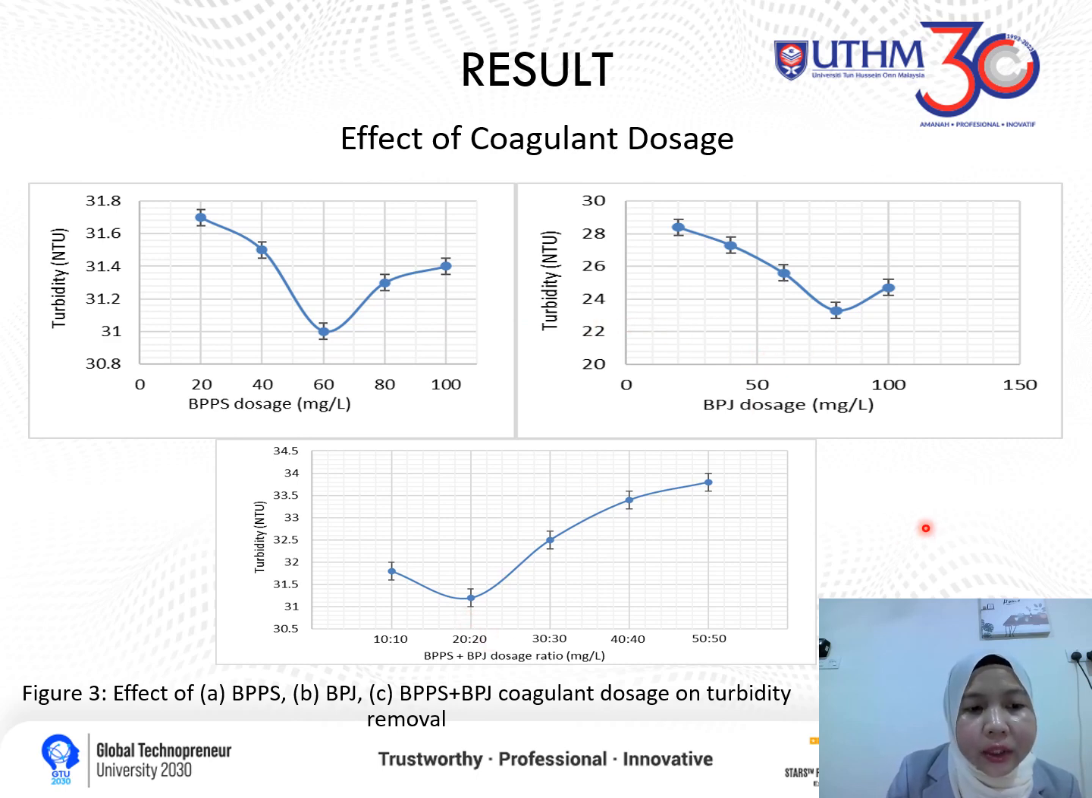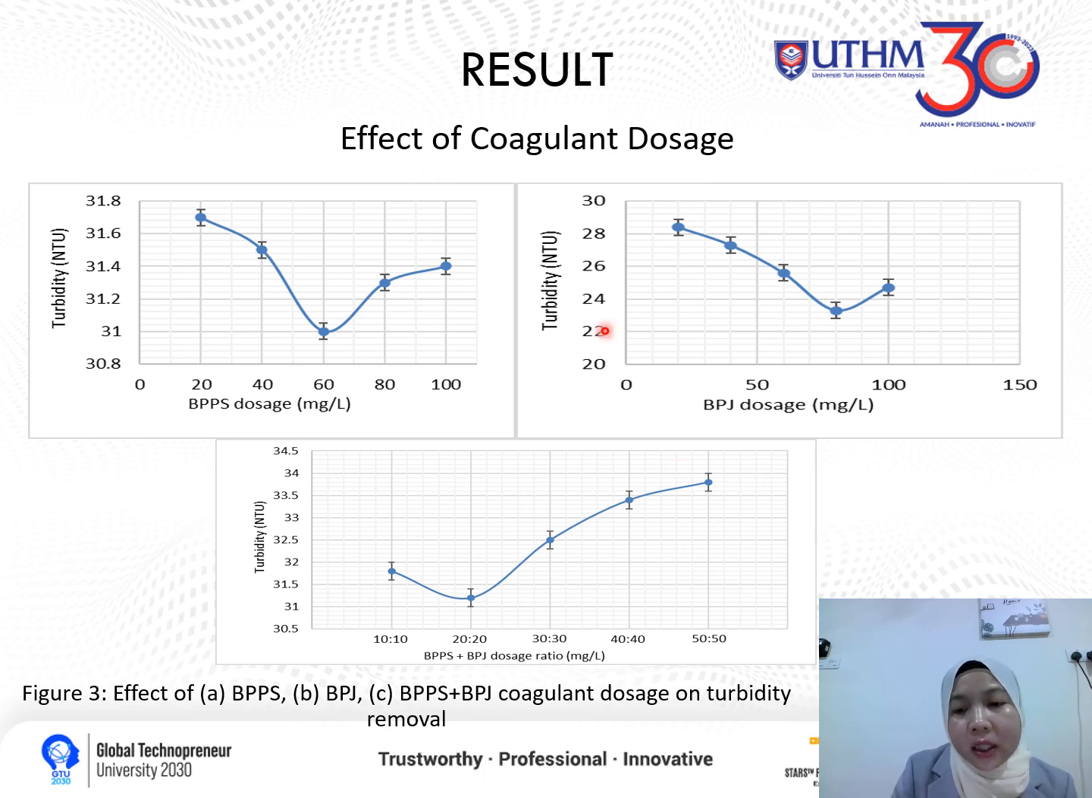31.2 NTU. From the experiment, we can see that only little fine flocs will form and settle at the bottom of the beaker. Yet more visible particles can be seen suspended in the water sample after it settled for 20 minutes. And then the effect of coagulant dosage with no pH adjustment in the BPPS, BPJ, and then BPPS plus BPJ samples have very little improvement in the turbidity removal, with the reduction of 24.2, 54.6, and 20.6% only, respectively at